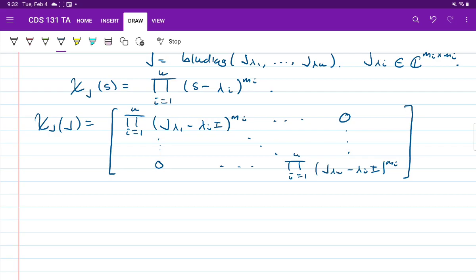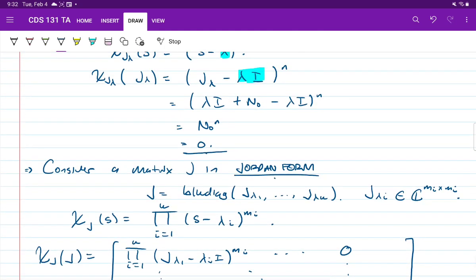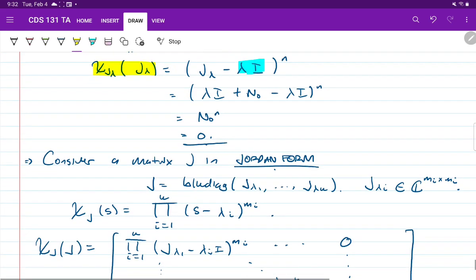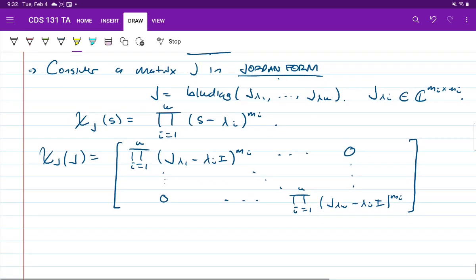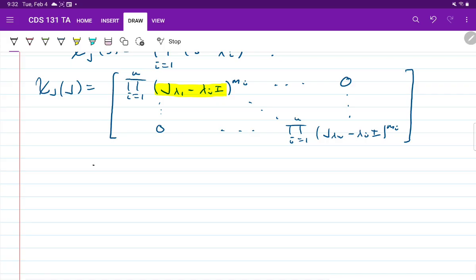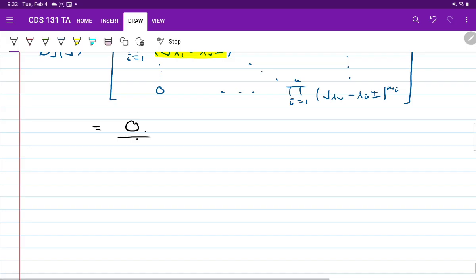Is this matrix 0? What we effectively showed above is that whenever we take the piece of this characteristic polynomial corresponding to that Jordan block, we get 0. So on the λ1 factor, we'll have (J_{λ1} − λ1 I)^{m_1} equal to 0 by our reasoning above. Since this is a product, if one of these factors equals 0, the whole thing equals 0. So by applying that reasoning to each of these blocks, this full thing is in fact equal to 0.